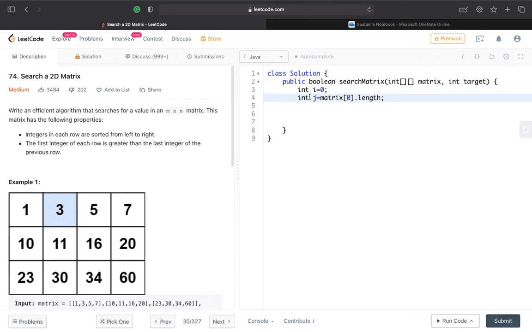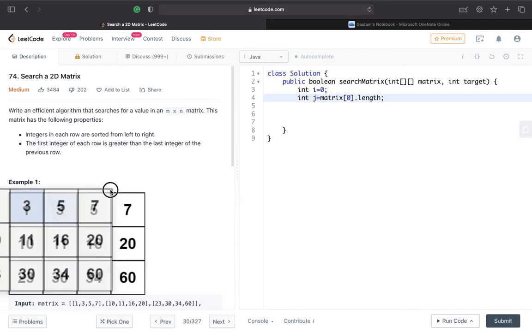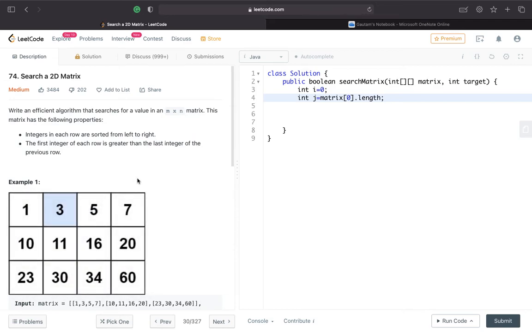So in this case we'll get the number of columns. What I explained in the approach is we need to start from the top right corner, or you can start from the bottom left as well, no issue. But in this case I am starting with the top right corner.